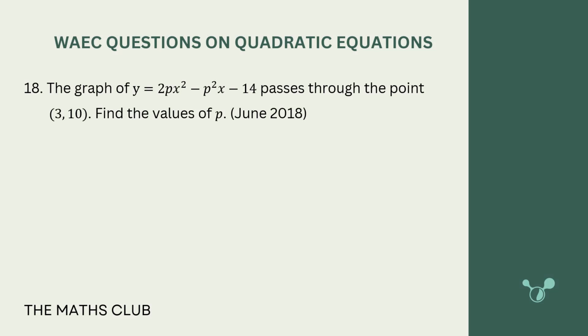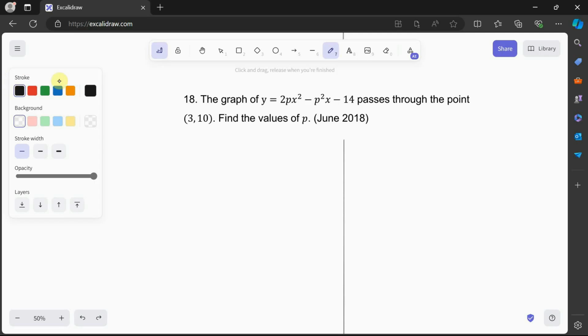When we are seeing questions like this, the first value is the value of x, and the second one is the value of y. So you just substitute it and then you find the value of p. So to solve this, we're told that the x value is 3 and the y value is 10. So let's substitute. That will be 10 is equal to 2 times p times 3 squared minus p squared times 3